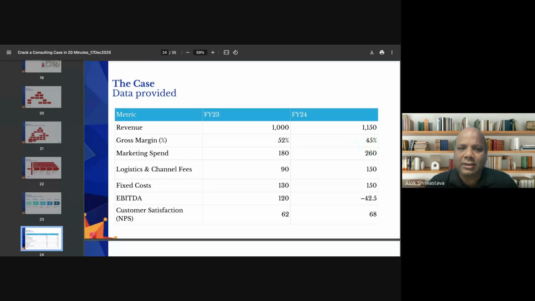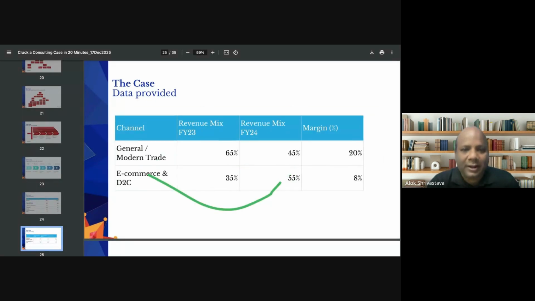Inflation, okay. Anyone? See, earlier in FY23, how much were we selling from general trade? 65%. And how much were we selling from e-commerce? 35%. Now, FY24, what is that ratio? That has significantly increased. We are selling more from e-commerce where the margins are